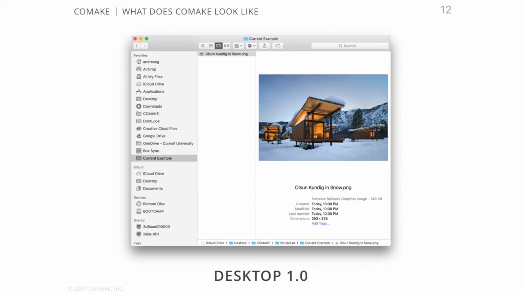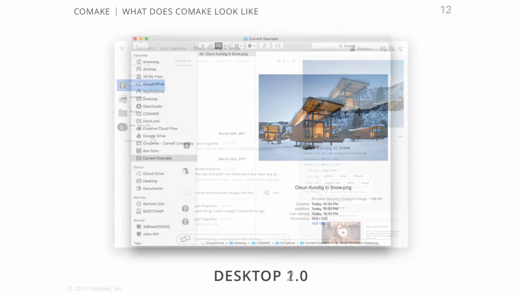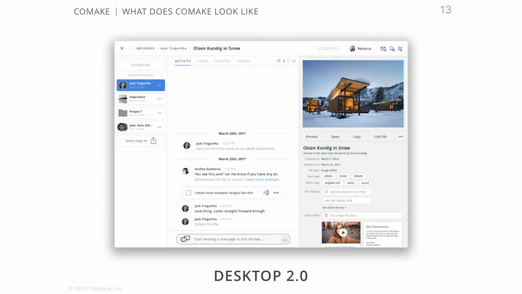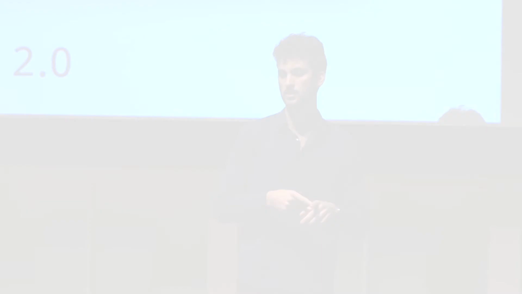But the problem with this browser is that the information, similar to how you had Internet 1.0, remains disconnected, right? It remains in copies spread out across the system. What if you could see not just a little bit of metadata about what it's called, when it was modified, and maybe even its size, but what if you could see all the emails it was attached in, all of the files that it's associated with, all of the places that it's been copied to or sent from, right?